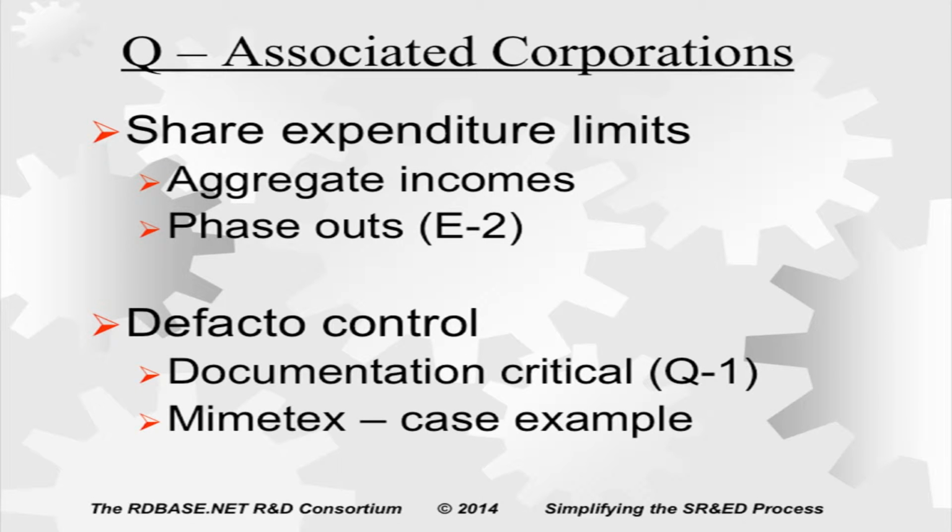Okay, expenditure limits. So we have different companies under common control. I'm talking about this company called All Color Chemicals. It's a great example of this whole thing. What happened was they had 2 Canadian shareholders who owned 25% of the shares each, and 1 US shareholder down in California who